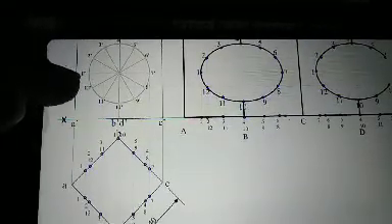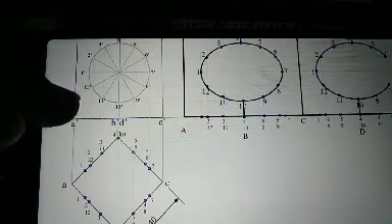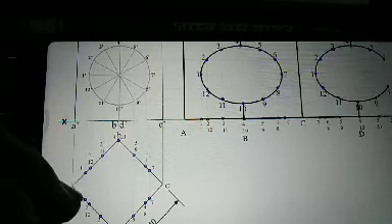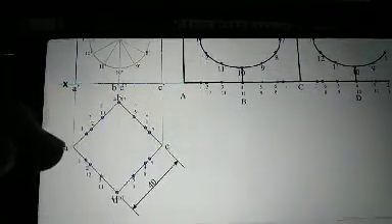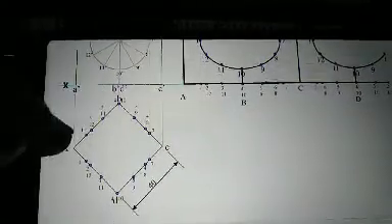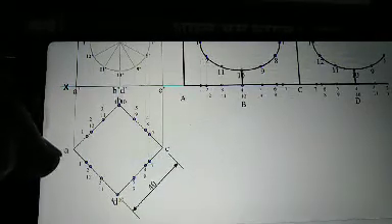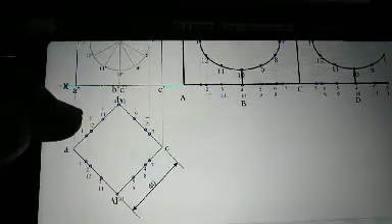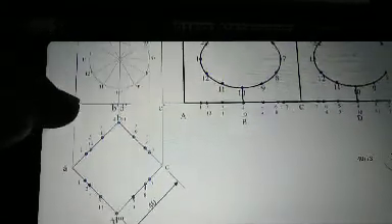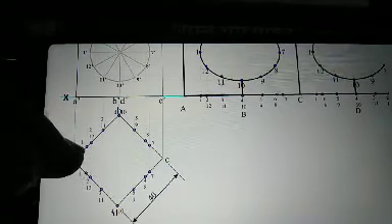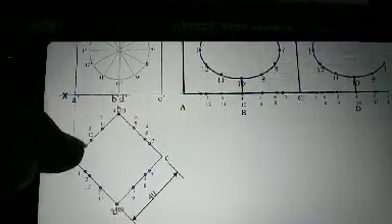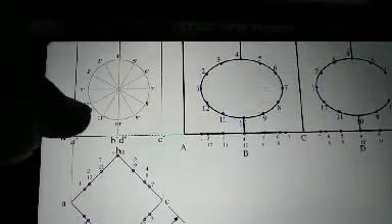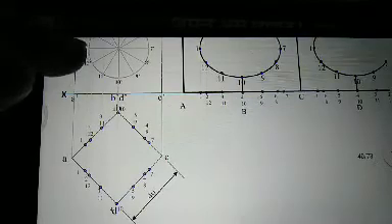Suppose this is one point, 1 will be projected in the top view. This is one point and this is another. It will cut the top view on two sides, AB and AD. It will cut AB at this point and AD at this point. That is the intersection of these points. 1 1 will be shown in the top view. Next, project this point 2 12 on the top view.